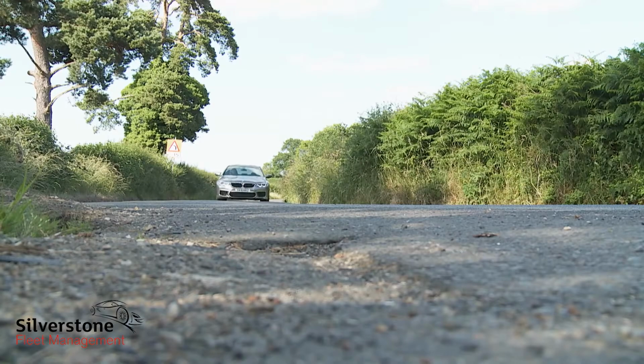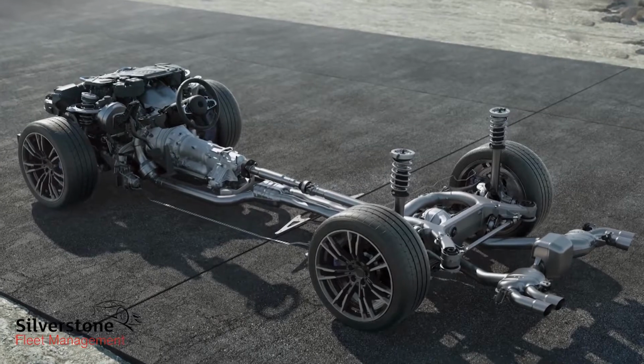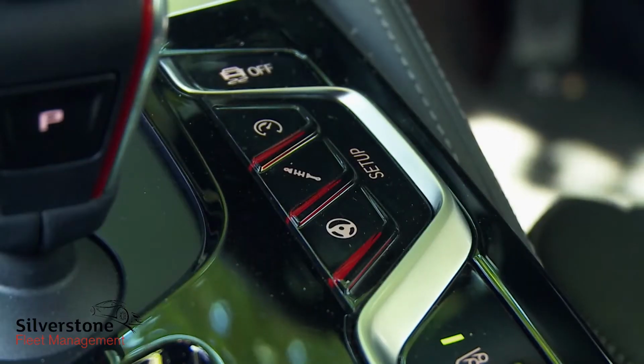That is Ferrari fast, but of course, a 2-ton super saloon isn't going to change direction with the agility of that Maranello model, or so you'd think. Actually though, this M5 does an astonishingly good job of disguising all that bulk, and it's aided hugely by the active M differential, which varies torque across the M-specific back axle, and by the extent to which you can set